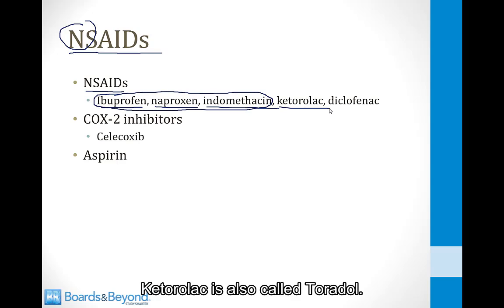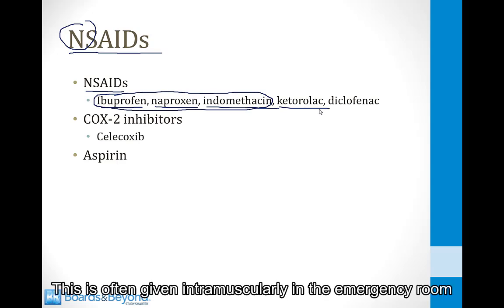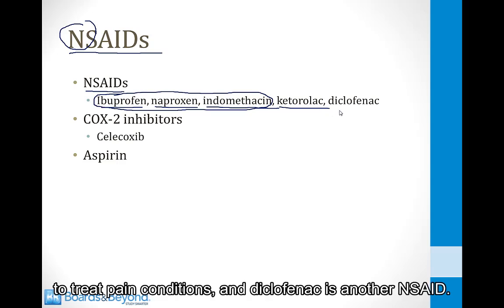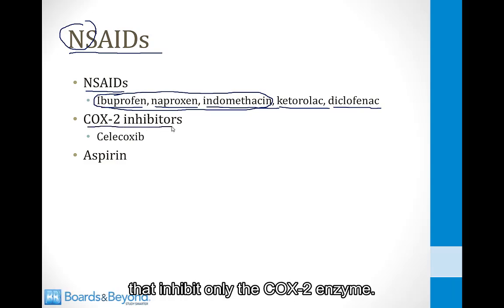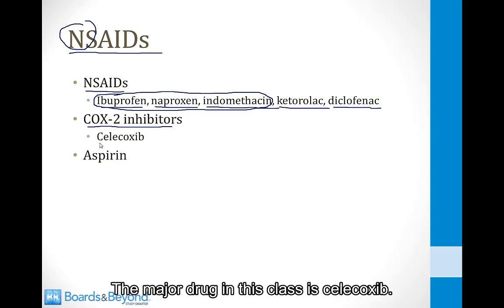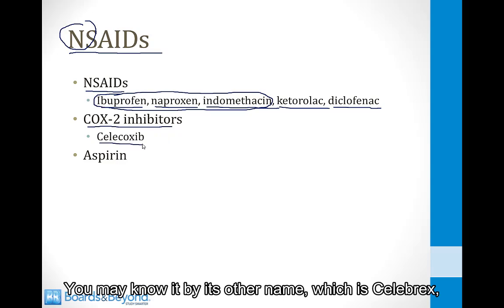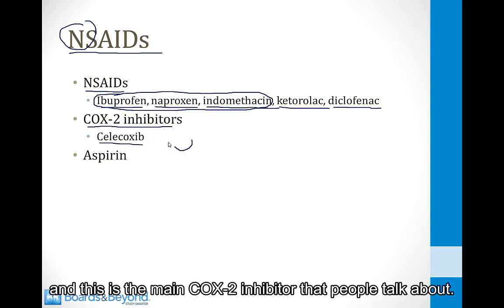Ketorolac is also called Toradol. This is often given intramuscularly in the emergency room to treat pain conditions, and diclofenac is another NSAID. There are a small number of drugs called COX-2 inhibitors that inhibit only the COX-2 enzyme. The major drug in this class is celecoxib. You may know it by its other name, which is Celebrex, and this is the main COX-2 inhibitor that people